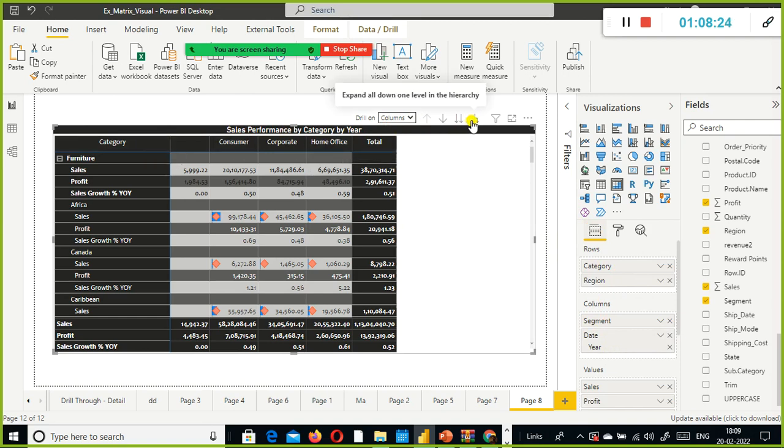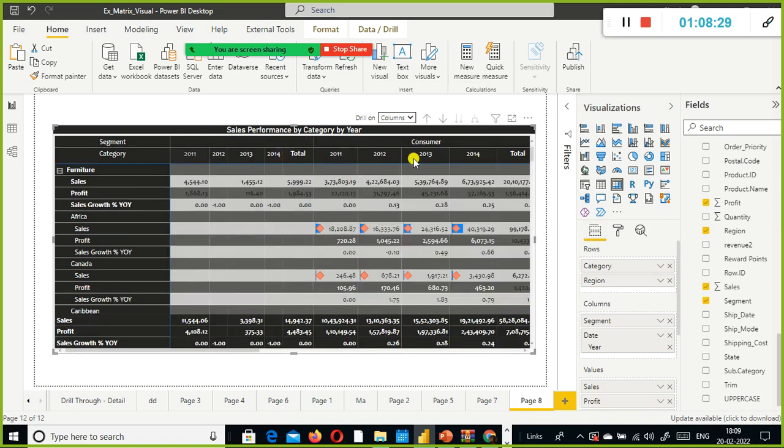If you want to go to the next level, you just click on this. Now we are able to drill up and drill down at the column level. Row level is also possible. If you want to do drill down and drill up at row level, you need to select rows here. Hope you understood. So I just do drill up here.